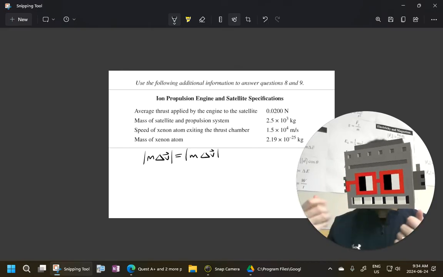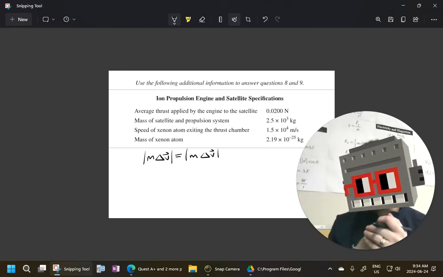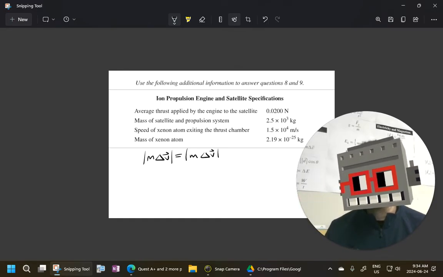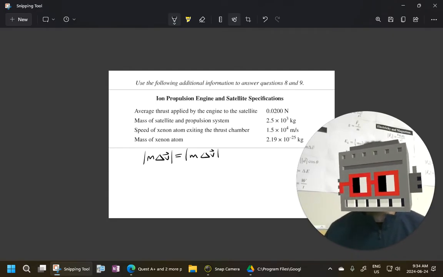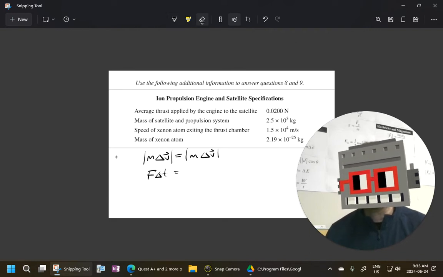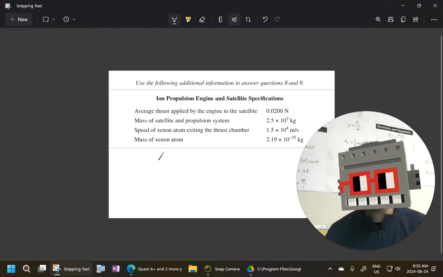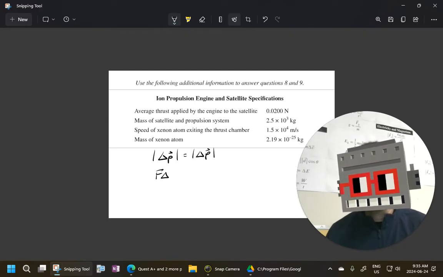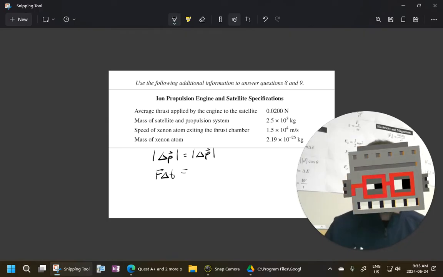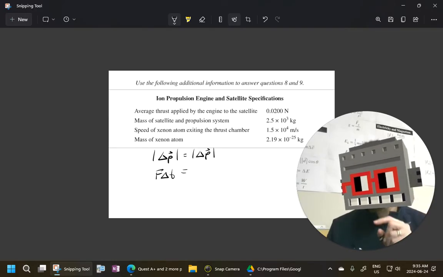So if Xeon particles apply a force on the satellite, it pushes back for that same amount of time. So this is just for 1 second. So we got a force times time for the satellite side. All right, I probably could just do this a little bit better here. So rather than write it that way, I can say the impulse of one is equal to the impulse of the other, and just pick appropriate formulas for these. So I'm going to go force times time for the satellite side. So it's 1 meter per second